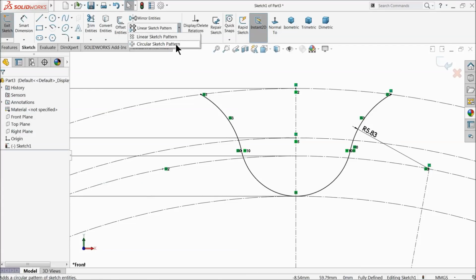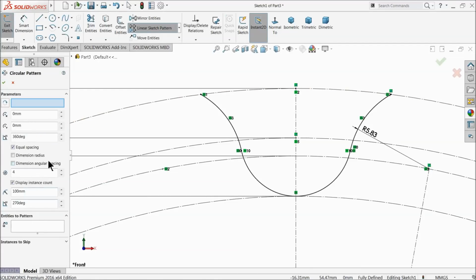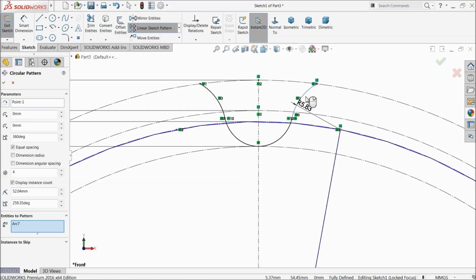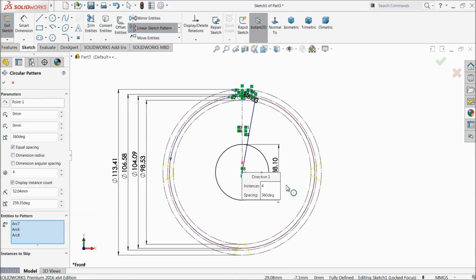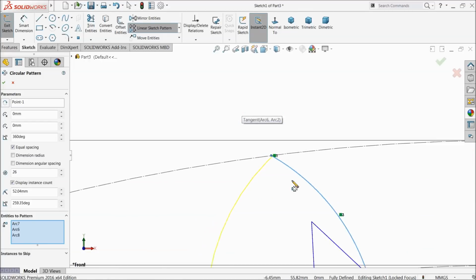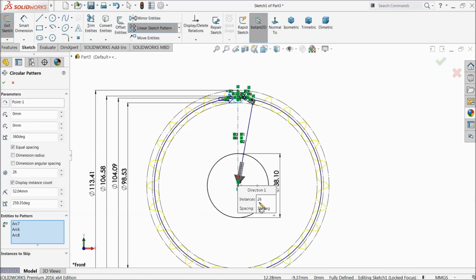Now circular pattern, this is our center point. Select this 3 geometry, that's it. We need 26 number of geometry. You can see little overlap, it's no problem. 360-degree equal spacing. Okay,